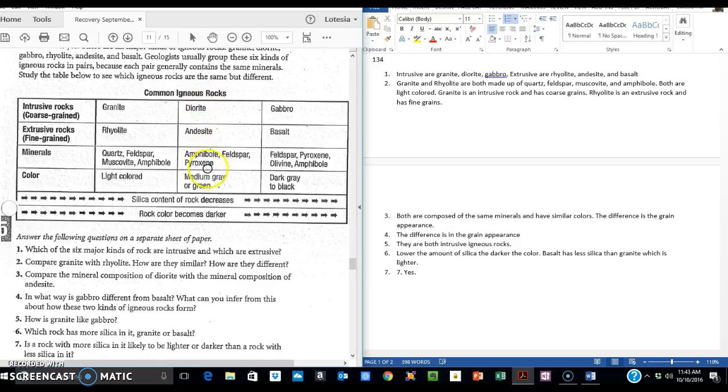So again, these 2 are in the same column. Both will have the same mineral composition. Both will have colors that range from a medium gray to green, because they are in that